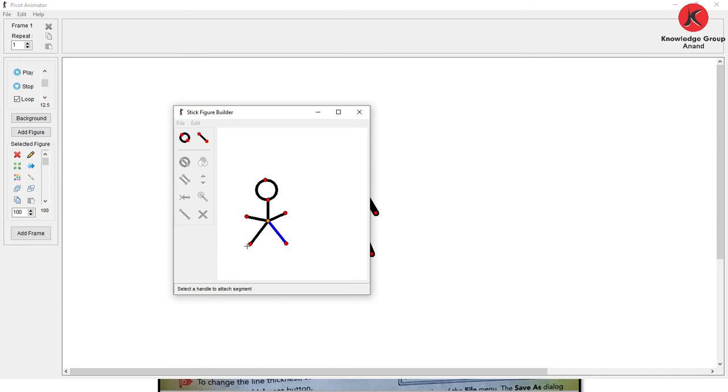Yeah, you can draw it one by one. You have to click after this, so drag it. Click it like this. And then if you want to save it, click and save it.